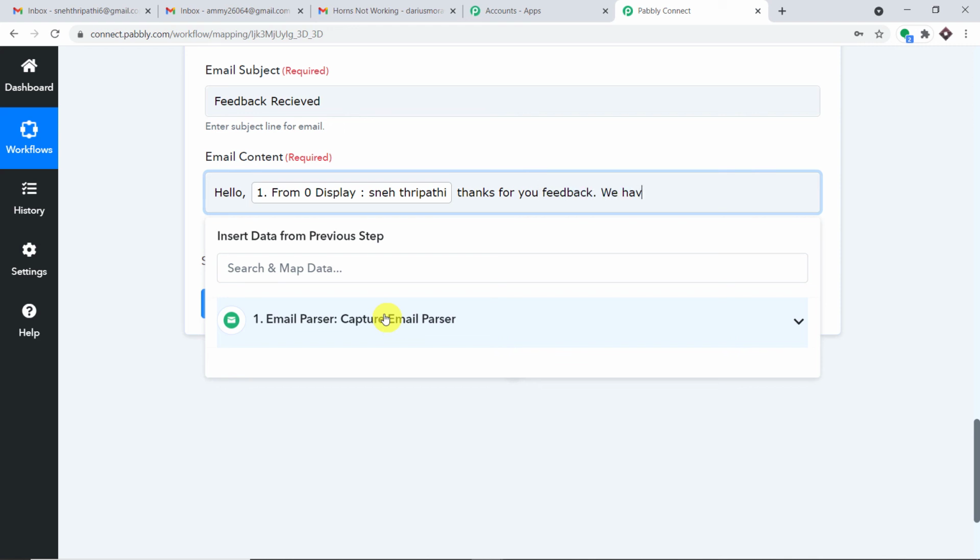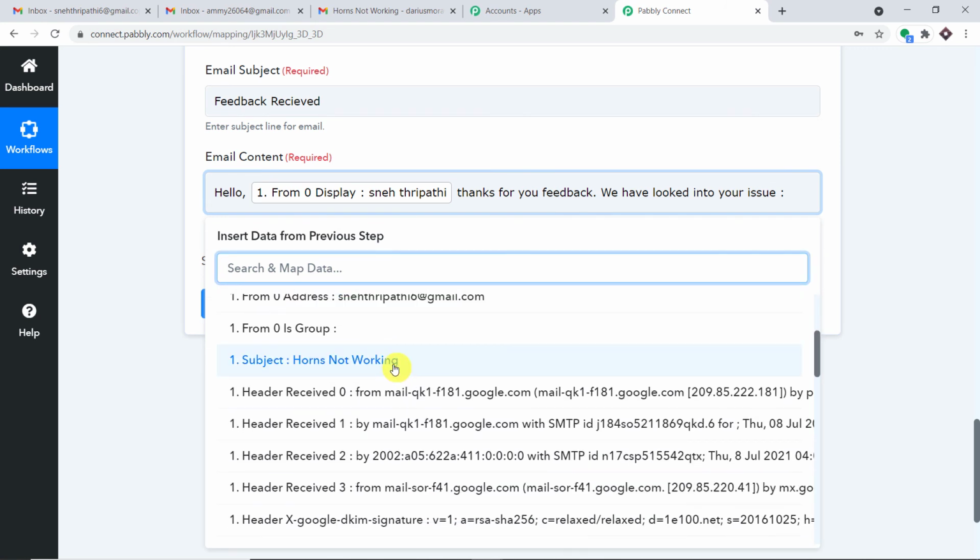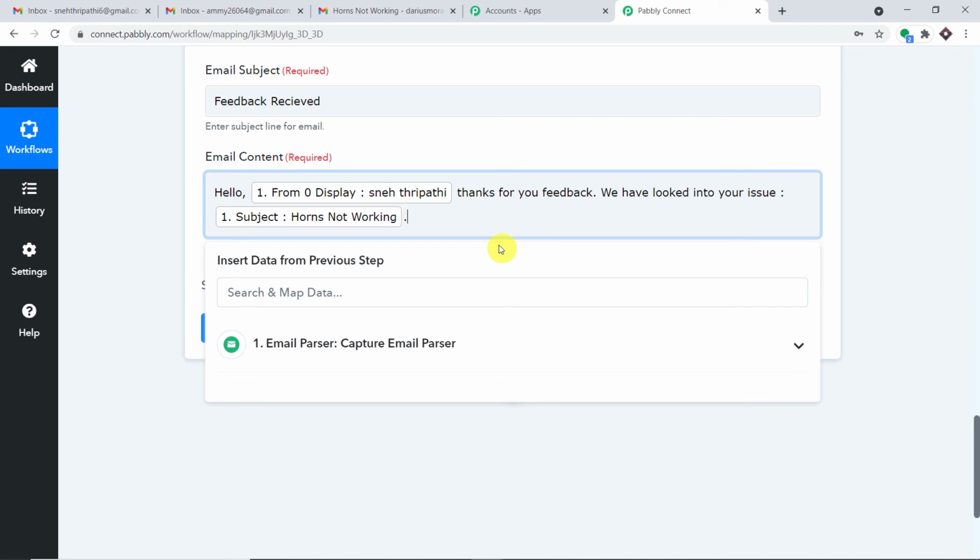We have looked into your issue, and the issue was, let me just straight away map the subject, that is horns not working. We have looked into your issue, horns not working. Will be sending our best repairman to fix the issue at your address.